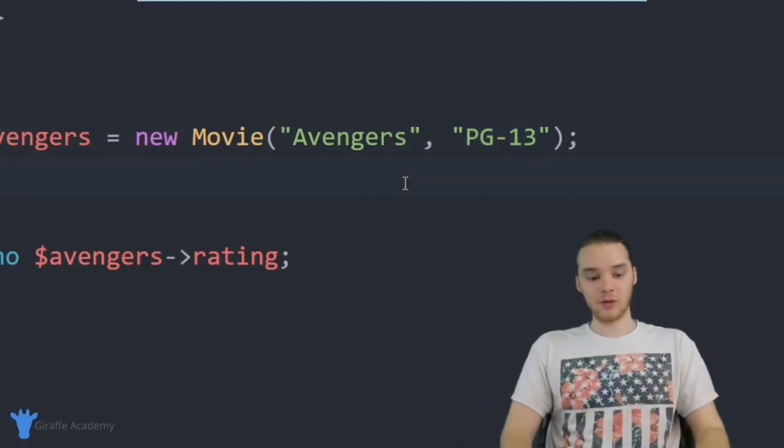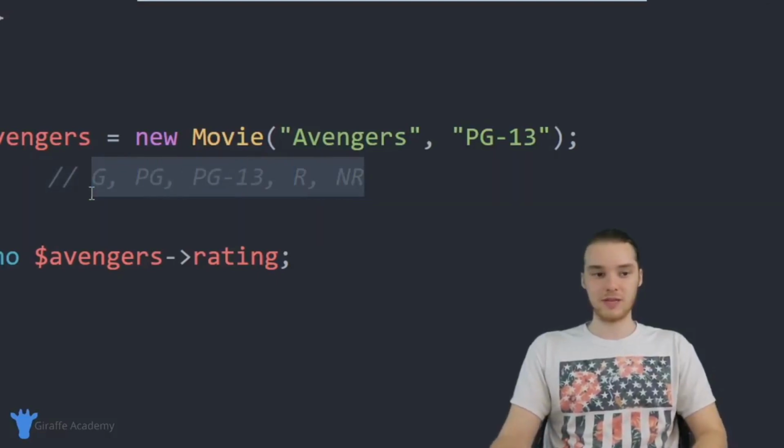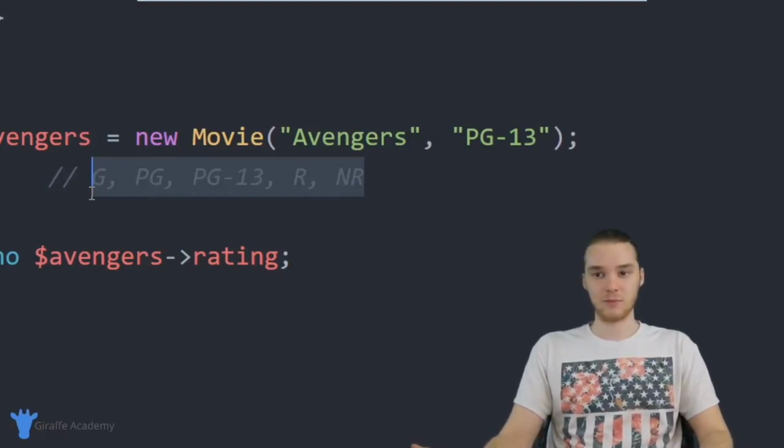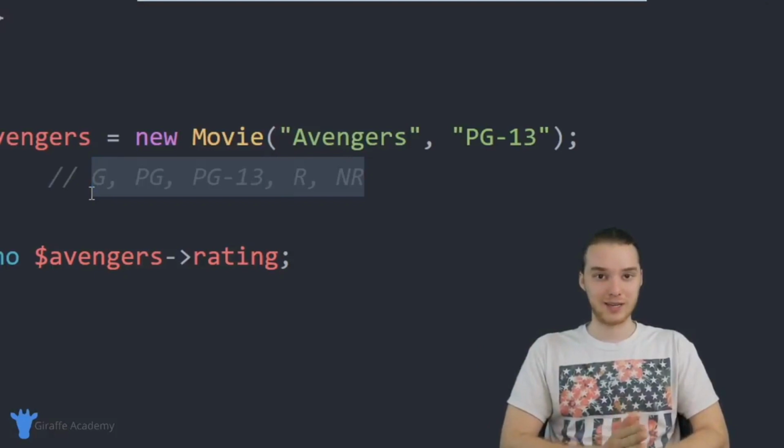Now here's the thing, there's really only a certain number of valid ratings for a movie, right? We have G, PG, PG-13, R, and then NR. So NR would be not rated, right? For the most part, these are all of the valid ratings that we can give to a movie. Maybe there's some other ones, but let's just say that these are the only valid ratings that we could